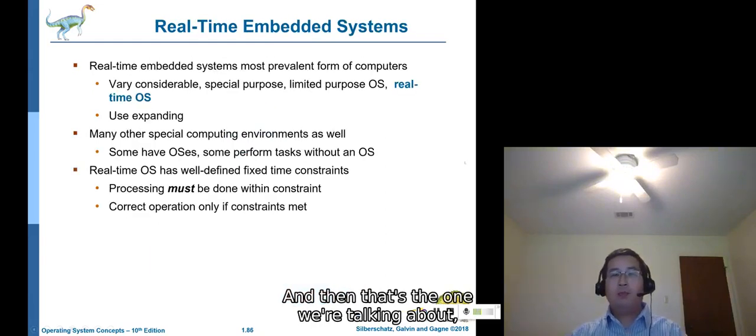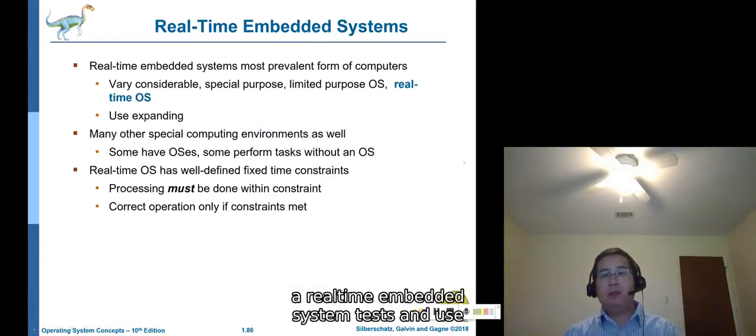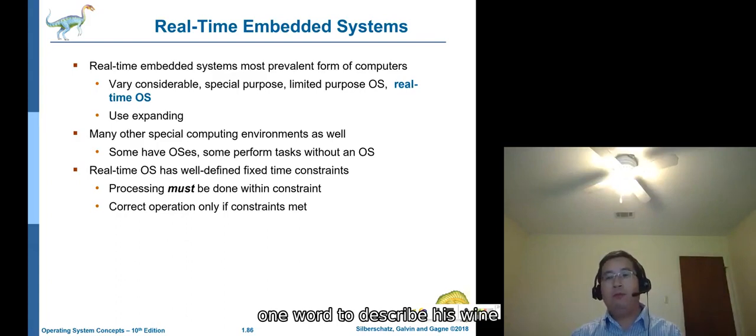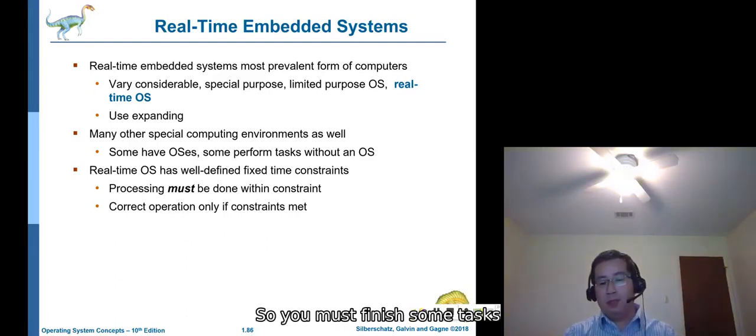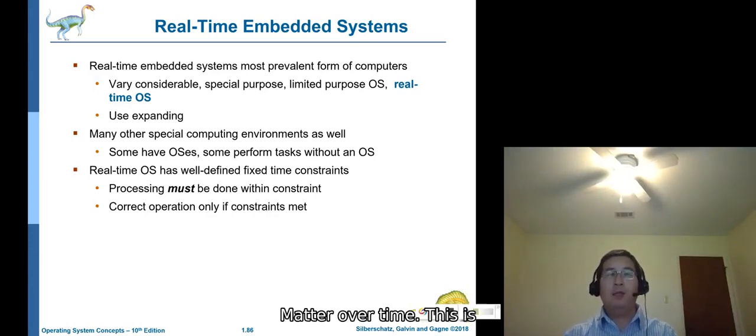And the last one we'll talk about is the real-time embedded system. Just to use one word to describe this one: if time is a critical concern, that will be real time. You must finish some tasks within a prescribed time. This is called a real-time embedded system.